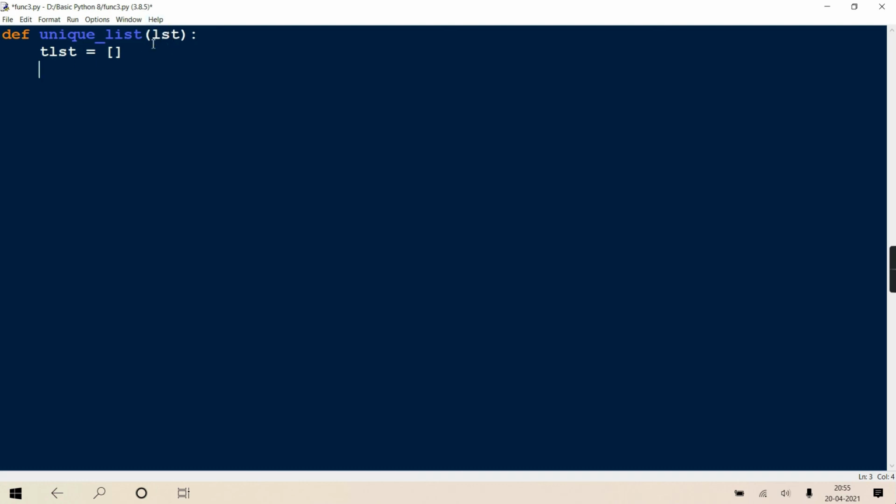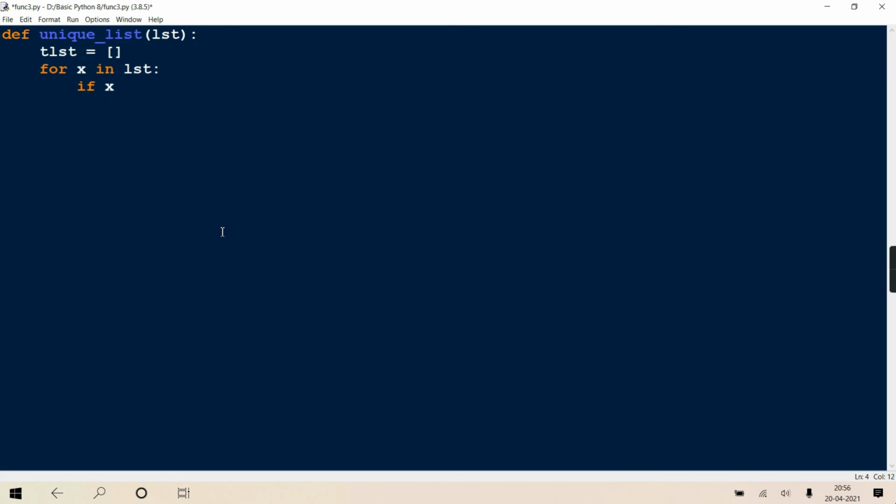Agreed? Now you traverse this list one by one, and for each element you check whether it is already present. If it is not, then only you append it. But if it is present, just ignore it. So now can I traverse each value in the list in this way? For x in LST. You know it, this is the standard for loop for traversing a list. So one by one value will be retrieved in x. Now I want to check whether that x is present. Take the benefit of the in operator. Python has an in operator.